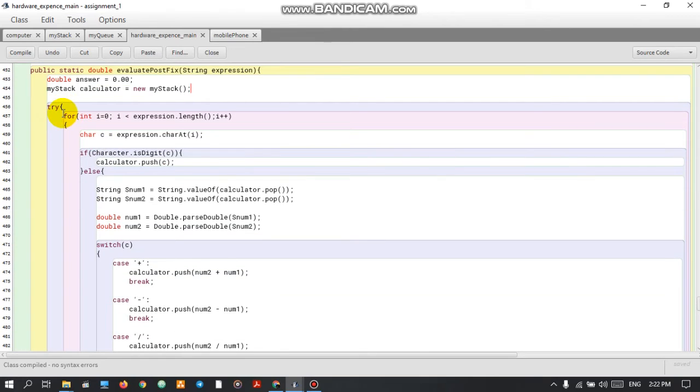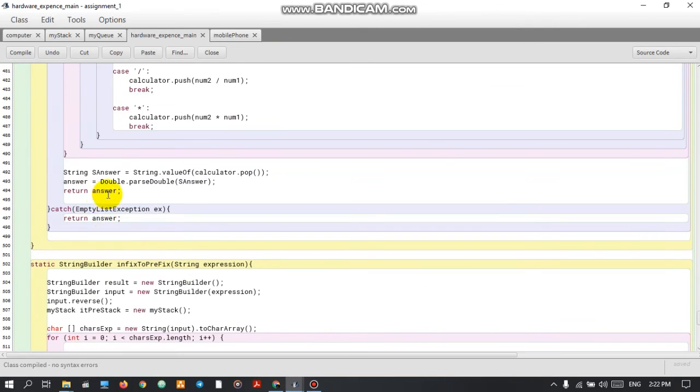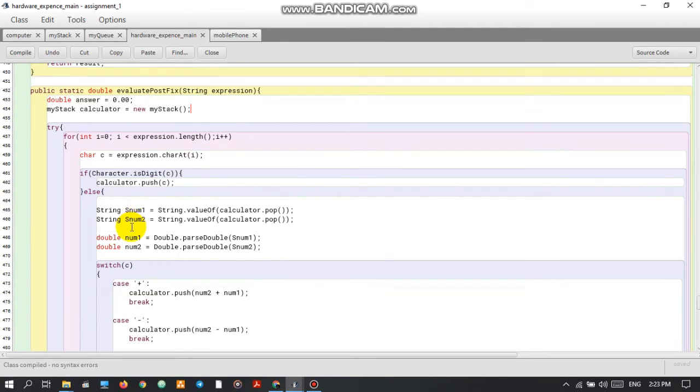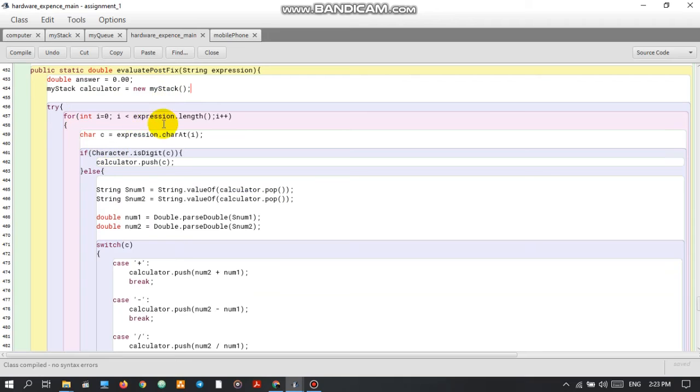If the system gets an error because of an unknown variable, the system will show the initial value 0.00 to the users because the value inserted by the users is an unknown variable. If the variable is known, the system will run this